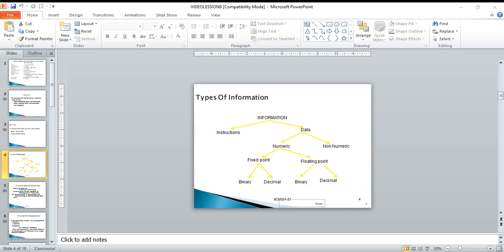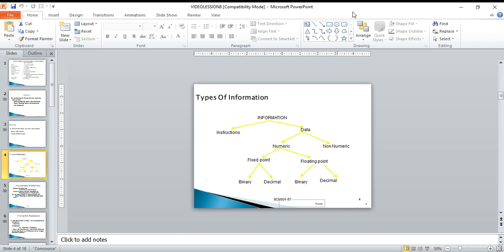Here, signed magnitude representation. In this signed magnitude representation, same as the positive number, take the one sign bit and then follow with the magnitude bits of that number. Here, this is the negative number. You take the sign bit as one and follow with the magnitude bits. That is the signed magnitude representation.